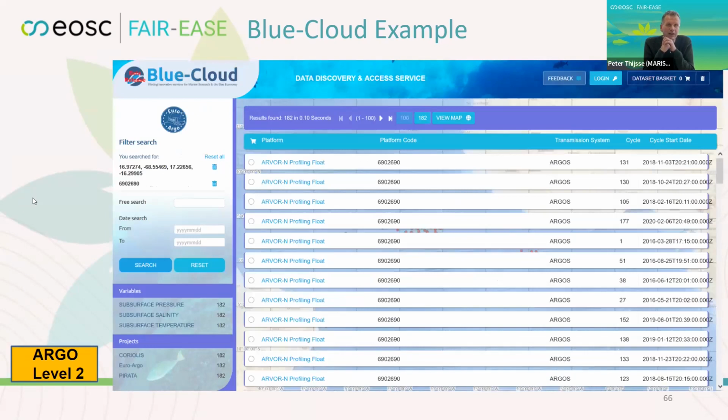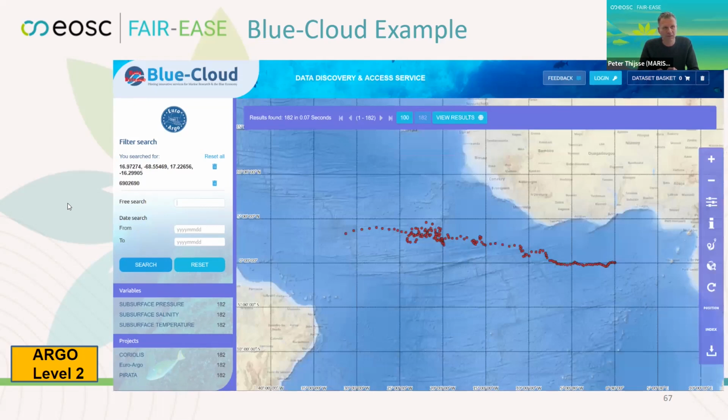And then if you are interested in a certain collection, you dive in and you can detail some more. Depending on the infrastructure, it offers you more facets to search on. In this case, specific variables. So you can say, no, I'm only interested in data sets that offer me salinity. Next slide, please. You can see where it actually is. Next one.